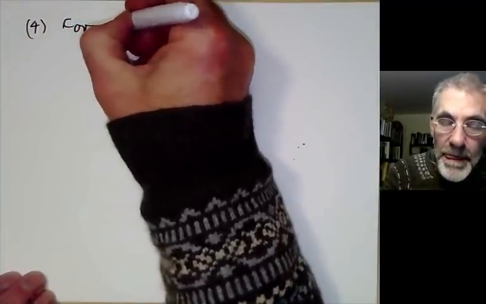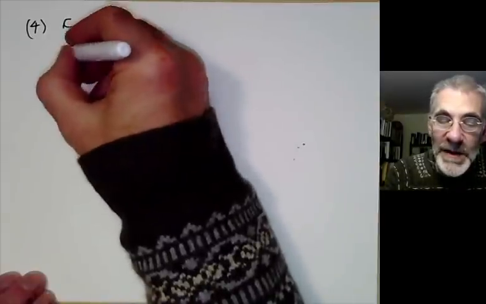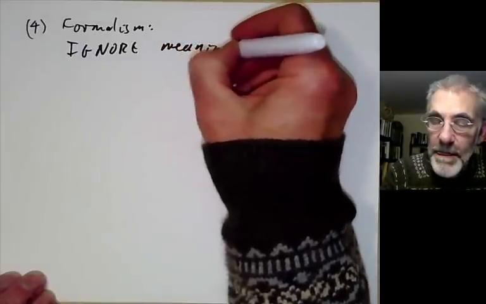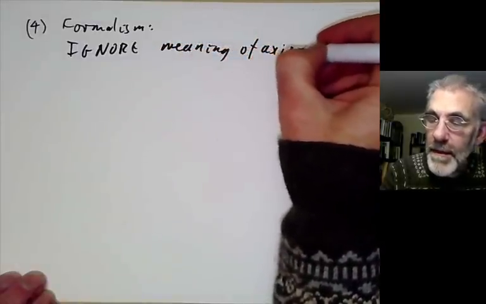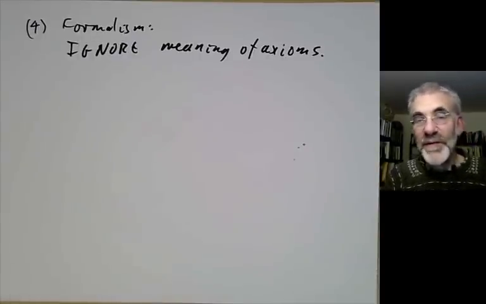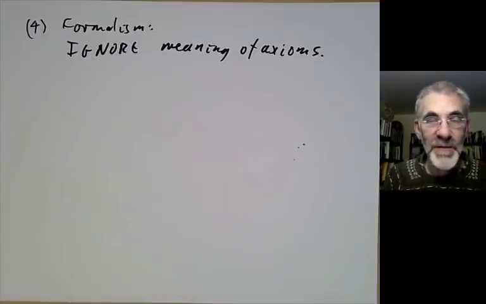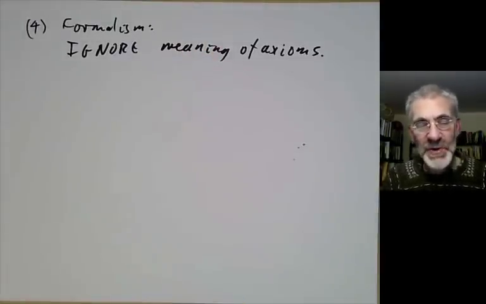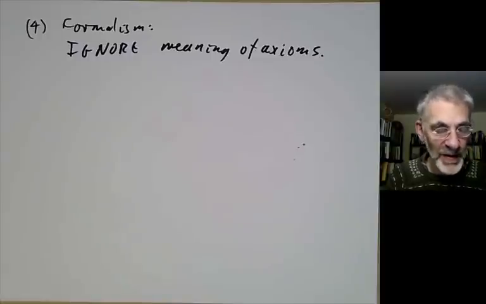So a fourth approach is formalism. Formalism says you ignore the meaning of the axioms and you just investigate their consequences. Whenever you prove a theorem, you've found a new fact: a formal consequence of your axioms. And if you ever run into a contradiction, you've found the interesting theorem that these axioms of set theory are contradictory. So in formalism you don't really worry too much about whether axioms are true or meaningful. You just investigate their consequences.